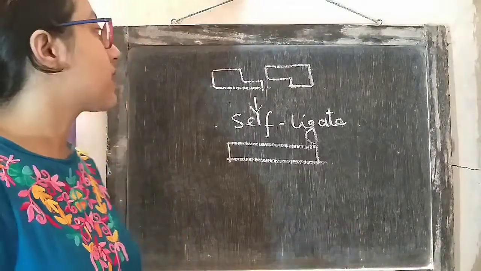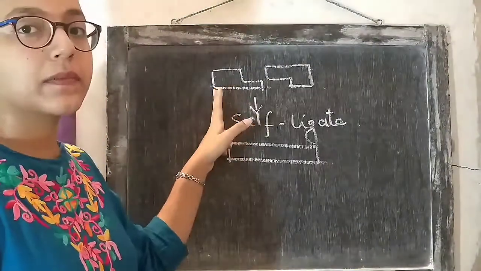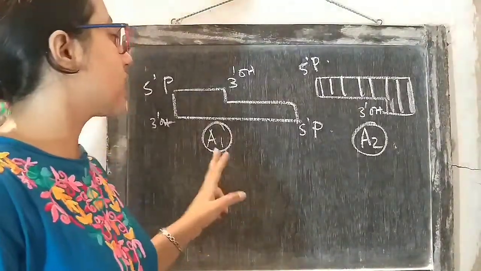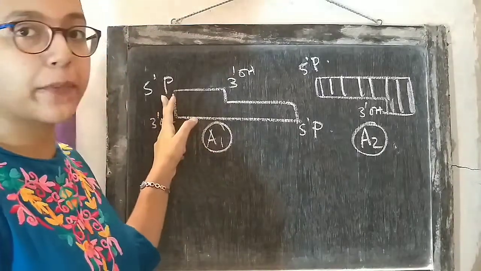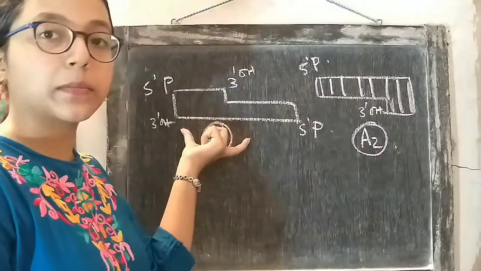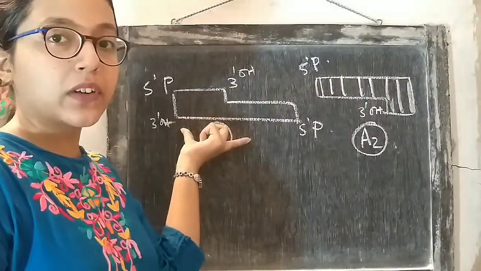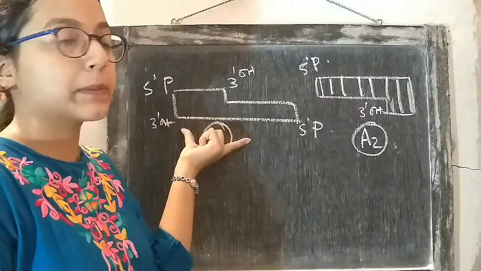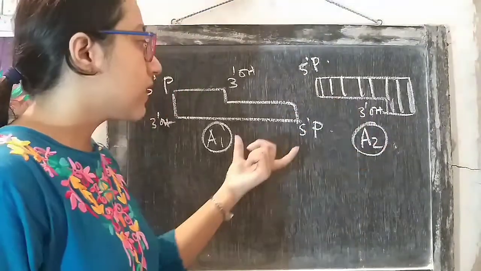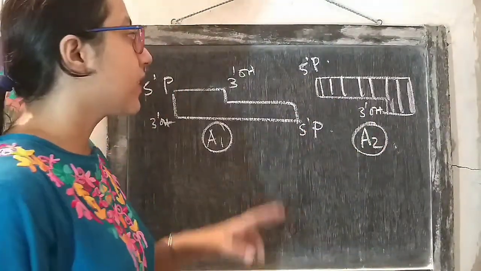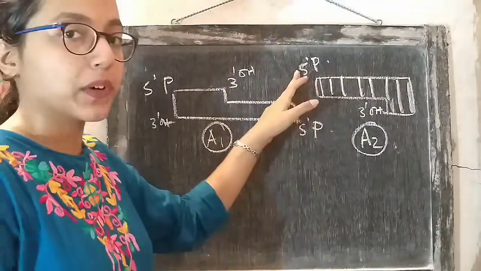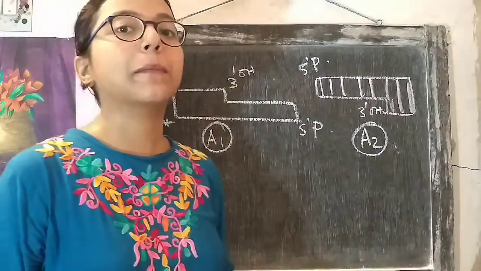So what is done is that these adapters have a 5' end and a 3' end. Let's look into the structure. This is adapter 1, which contains a 5' phosphate end and a 3' OH end, and this is adapter 2 that is complementary with adapter 1 and will bind with adapter 1 to form the blunt-ended fragment, which is not desirable. Adapter 2 also contains a 5' phosphate and a 3' OH group. These two adapters can only join if a phosphodiester bond forms between the 3' OH group and the 5' phosphate group, and this reaction is carried out by whom? By DNA ligase.